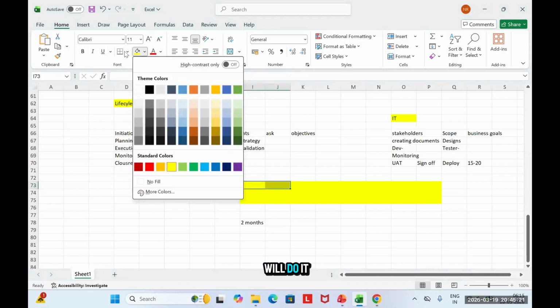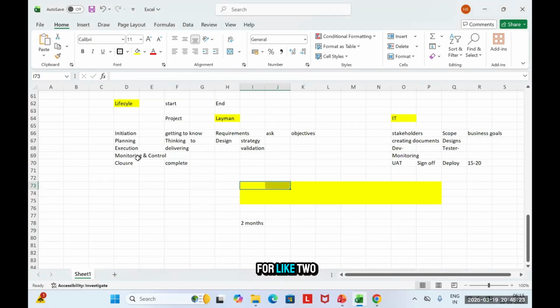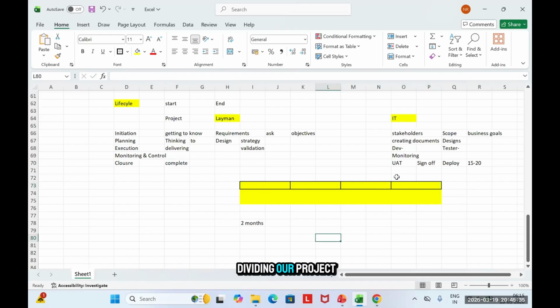First we do 2 weeks, and then 2 weeks, and then 2 weeks, and then 2 weeks. When we divide our project into small intervals, these are known as sprints.